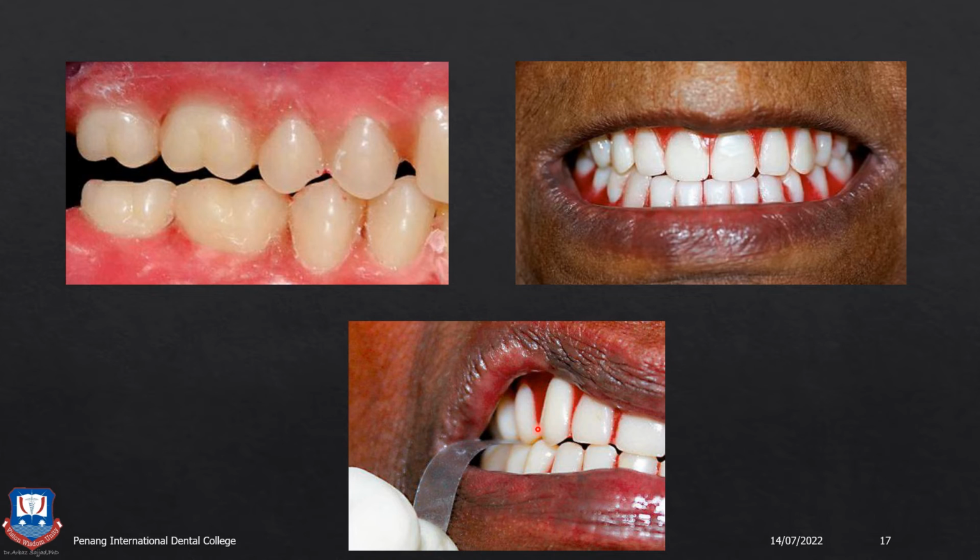Many times the teeth may appear from the outside to be occluding with each other because of saliva and all these things, but they may not be in contact, and later the patient may complain of instability of the denture or inability to chew soft food on that side. So on both sides you should have a similar pressure of occlusal contact. This can be checked with the articulating paper or a shim stock.